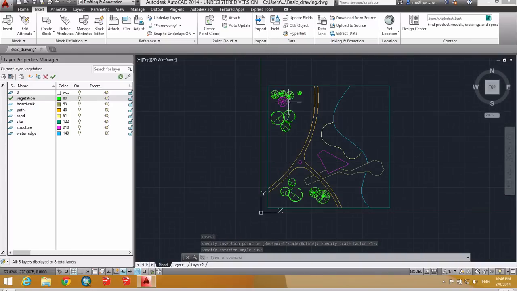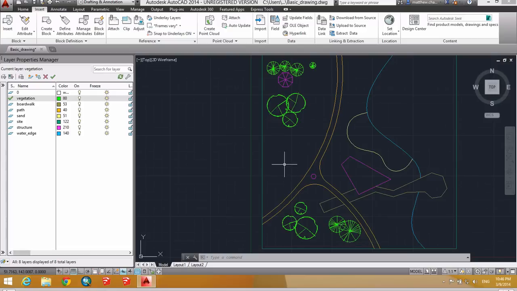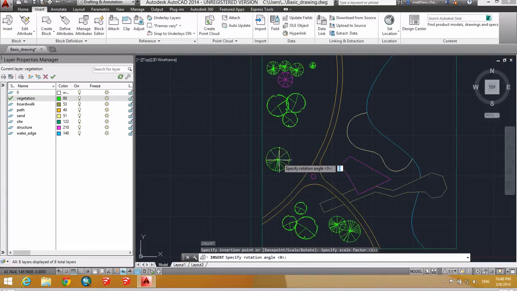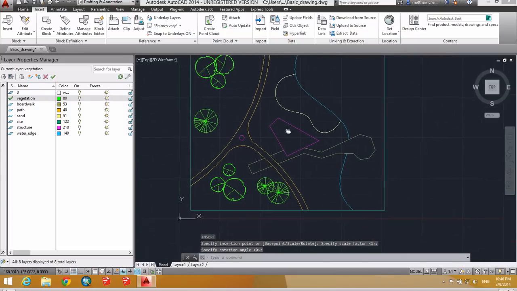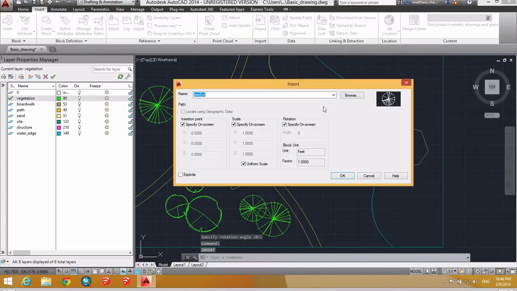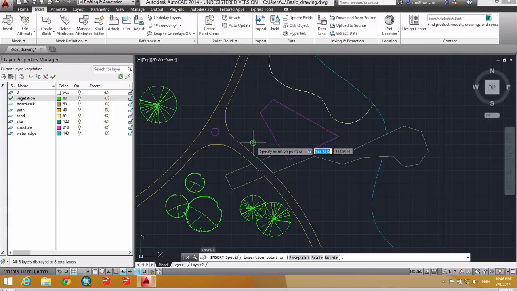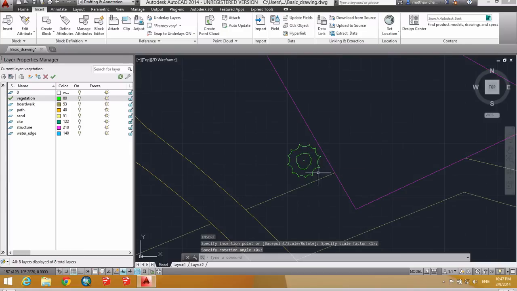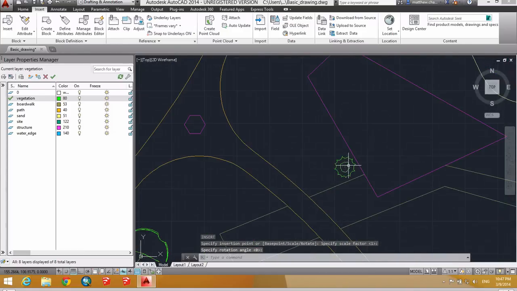Maybe one right here. Okay, so for the shrub, right click to bring that up again. Uniform scale. I'm just going to put in one. Maybe these, since these are a little bit smaller and it's not as easy to pick up on that repetition,